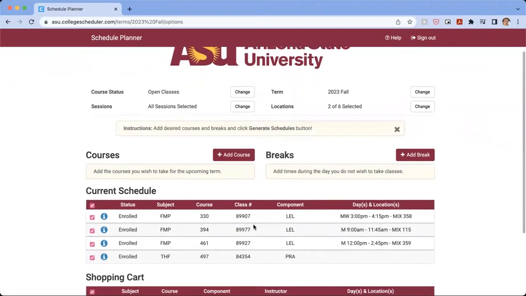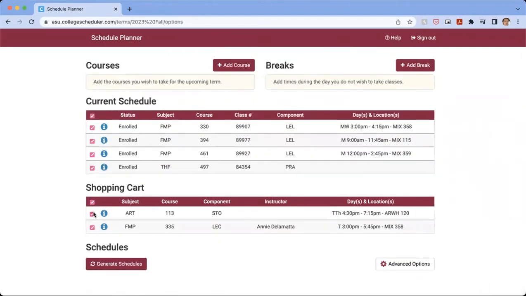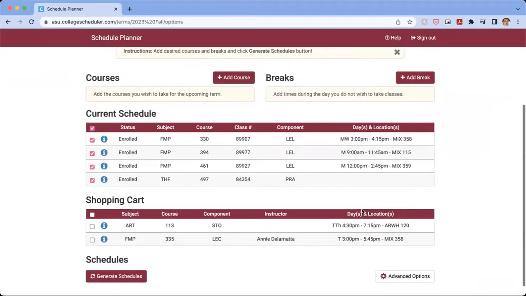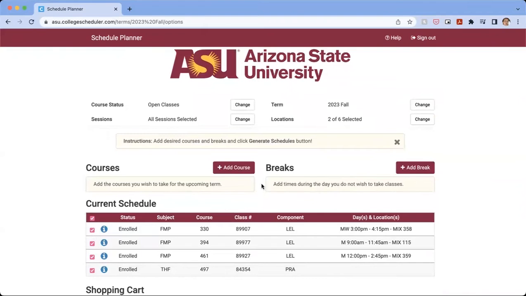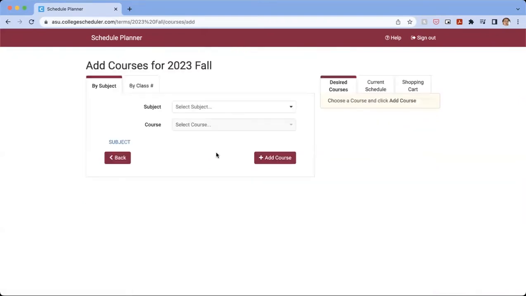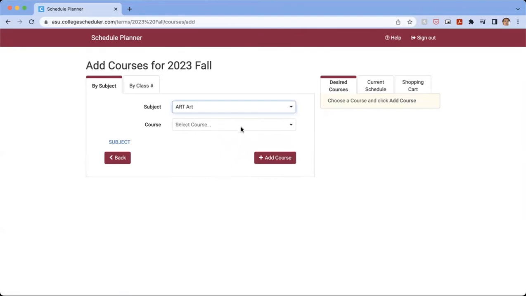And here we're going to see all the classes that we have already enrolled in. I have some classes in my shopping cart, but for now, I'm just going to uncheck those because I wanted to add another class that isn't any of these. So we see the classes I've already enrolled in. We're going to click Add Course,